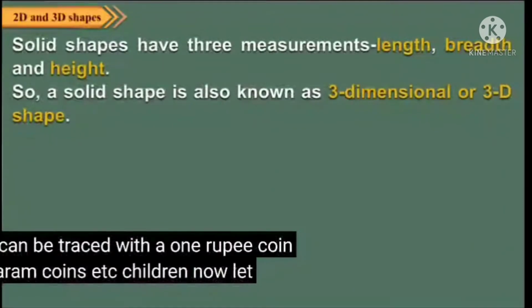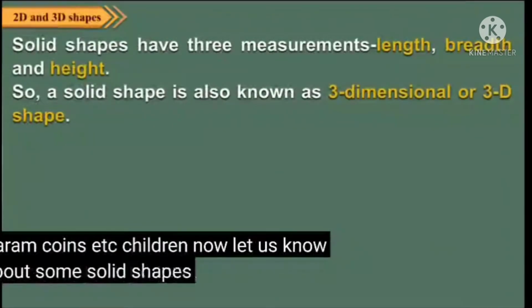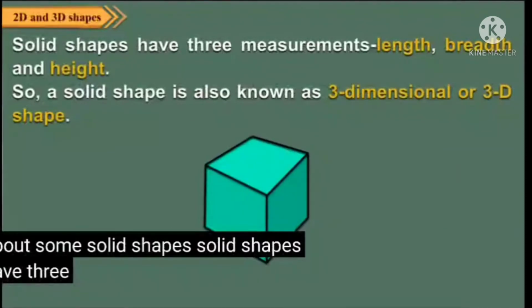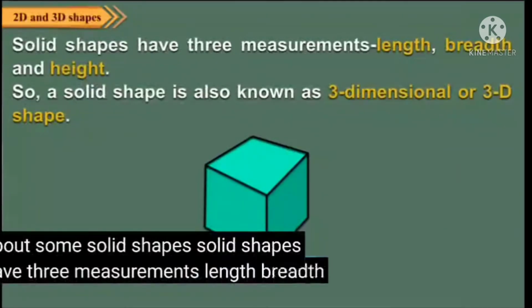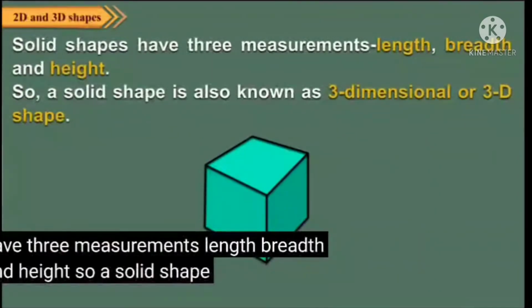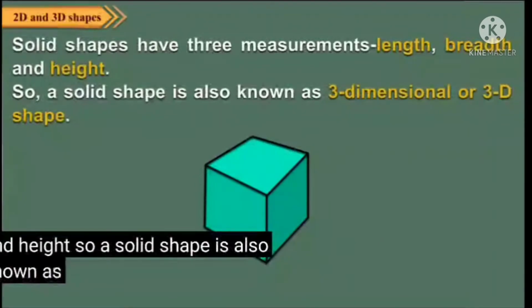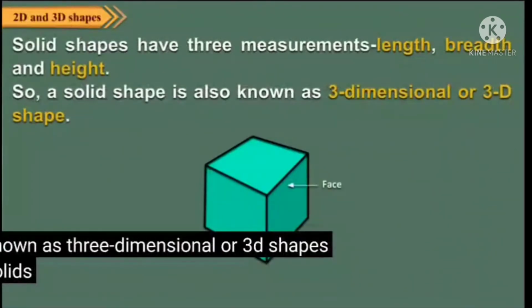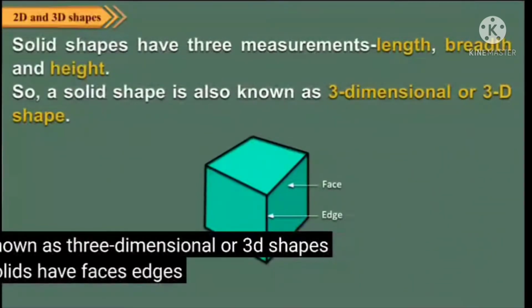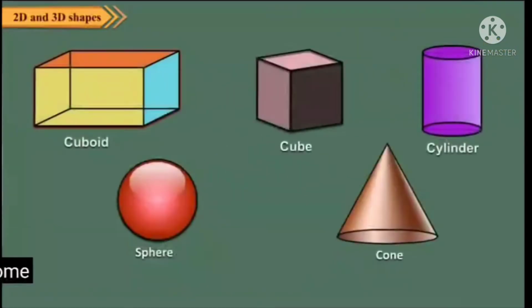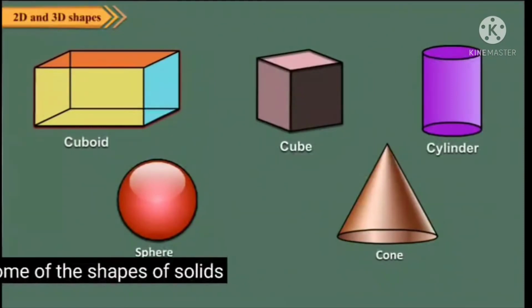Children, now let us know about some solid shapes. Solid shapes have three measurements: length, breadth and height. So a solid shape is also known as a three-dimensional or 3D shape. Solids have faces, edges and vertices. Some of the shapes of solids are: